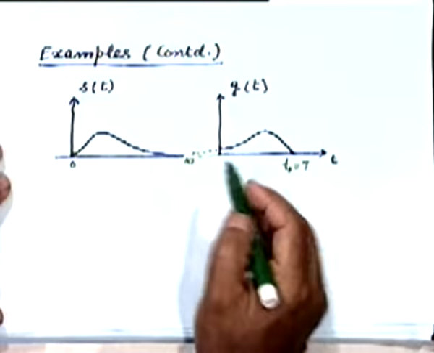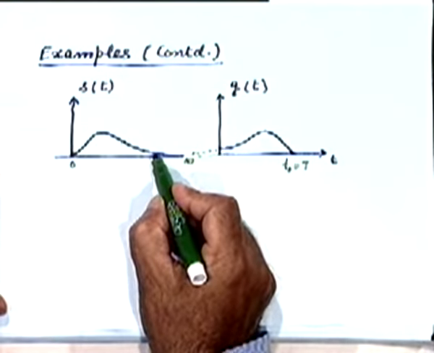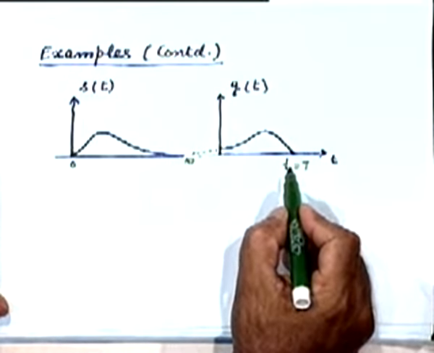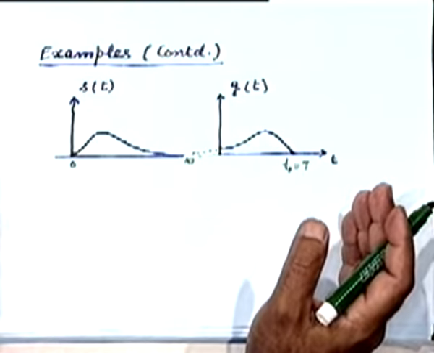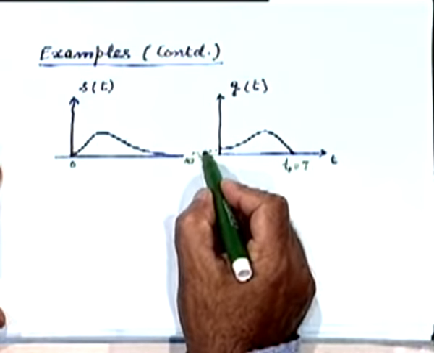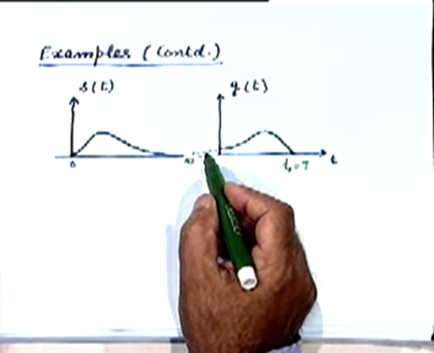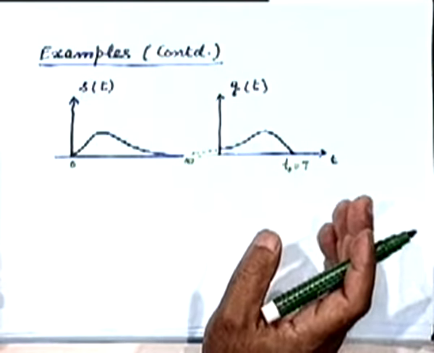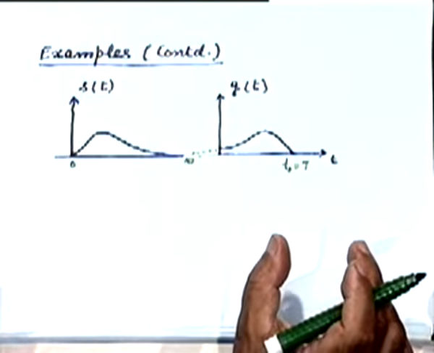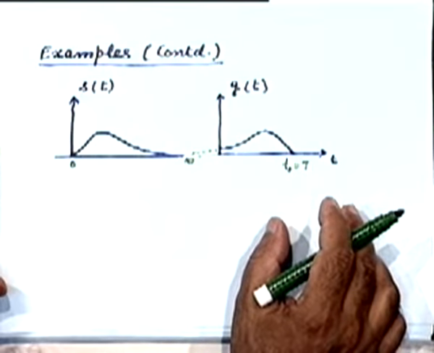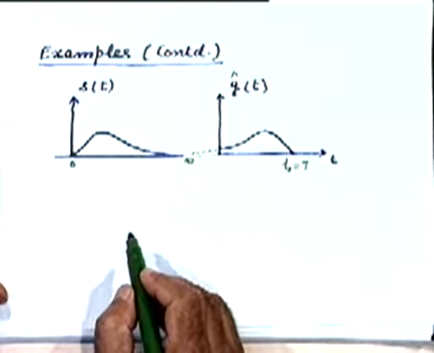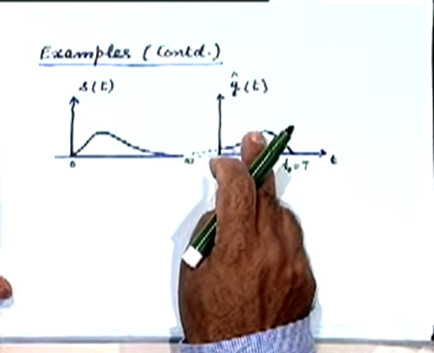It is non-causal. It extends into the negative time axis and goes on and becomes 0 at some point. But obviously, if I want to make it causal now, there is no way out but to choose a sufficiently large value of T0 such that what I am ignoring when I do the causality approximation is the tail of the impulse response, so that this tail doesn't have significant energy. So in this case, what I have plotted here is some kind of an approximate matched filter rather than an exact matched filter.